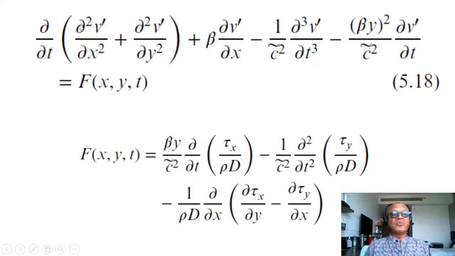You do these manipulations: d/dt of (d squared v prime/dx squared plus d squared v prime/dy squared) plus beta dv prime/dx minus 1 over c tilde squared, so we are writing the gravity wave speed in terms of the reduced gravity, and the third derivative of v prime and the Coriolis versus gravity wave speed of dv prime/dt. So you can see here d/dt of the divergence term in v prime and the dv prime/dt term, the acceleration term, equal to